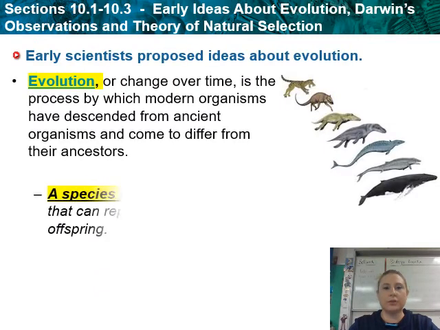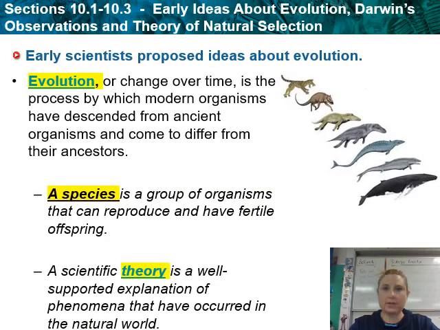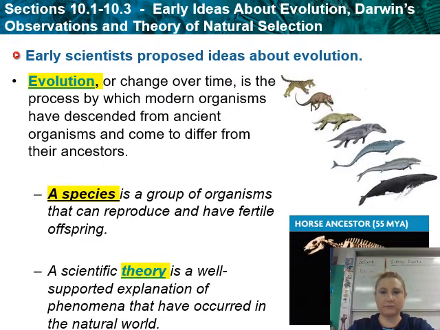Okay, so some early things. So early scientists proposed ideas about evolution. And evolution is change over time, and it's over a long period of time. And it's the process by which modern organisms descended from ancient organisms and have come to differ from their ancient